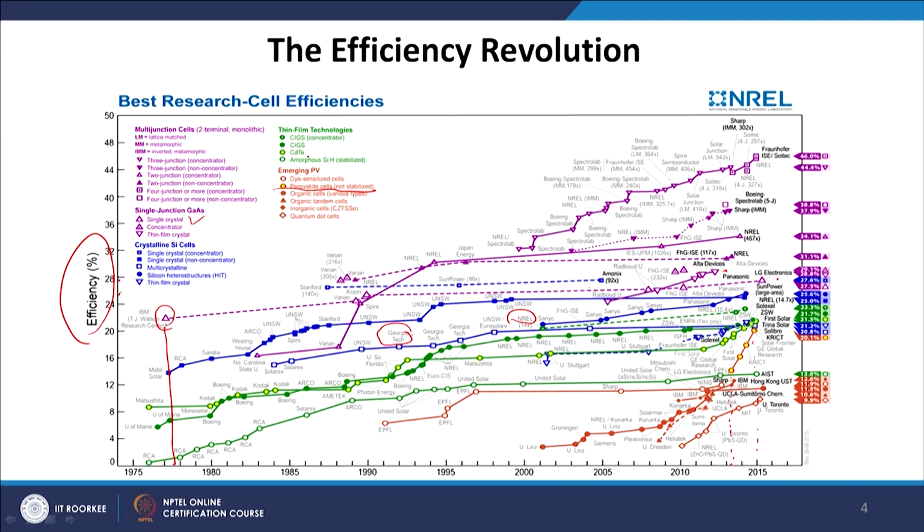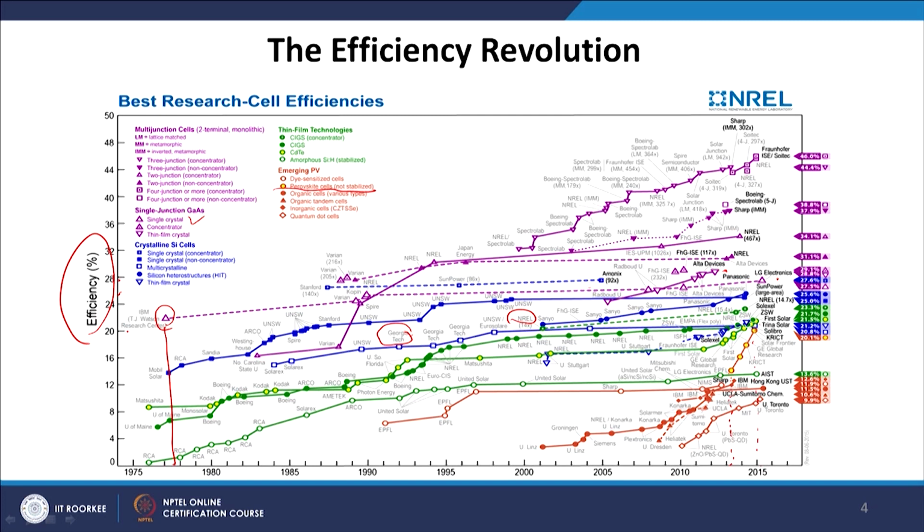That is why this perovskite material has attracted the attention of the scientific community, and a lot of research is going on on this perovskite solar cell. We can take different examples, like CIGS solar cells or cadmium telluride or quantum dot based solar cells. Here the quantum dot based solar cell was as early as 1976, and starting from here it goes all the way until 2014. This curve is showing until 2016, and efficiency is up to 20%.